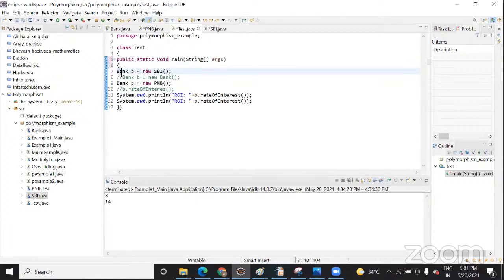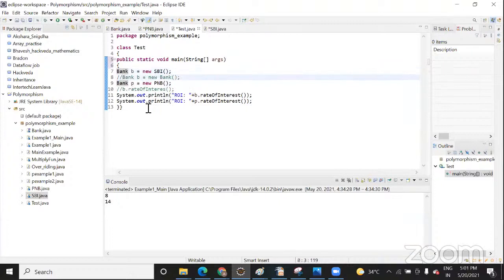Did you see any difference here? I'm creating the object b of this Bank, but the method I want to execute is from the SBI class. So I have written SBI here, but you might have seen the syntax where we usually write Bank b = new Bank.